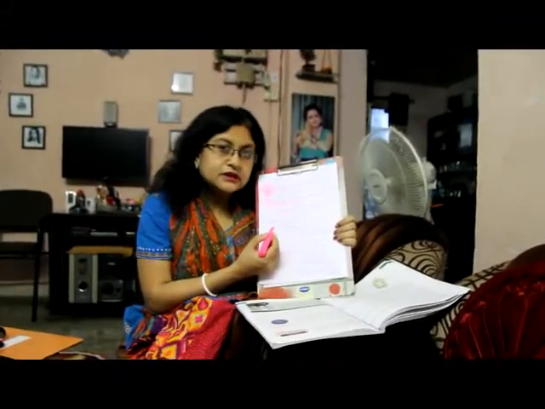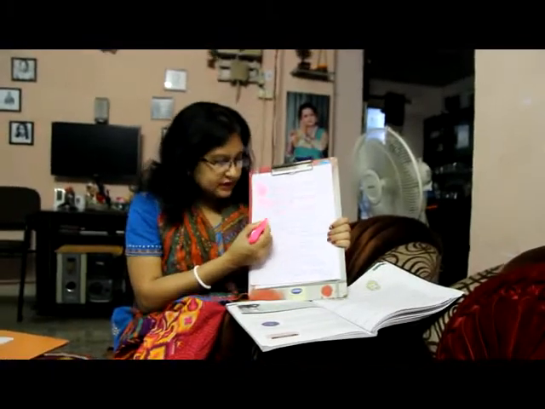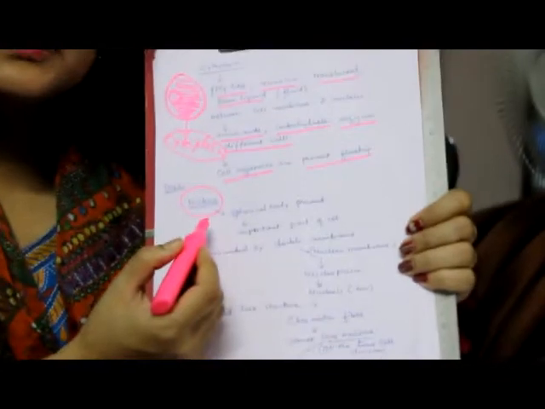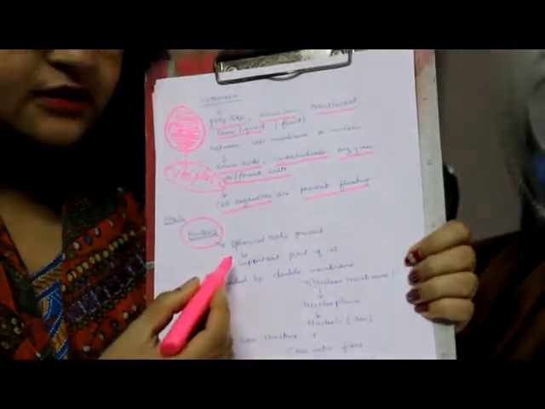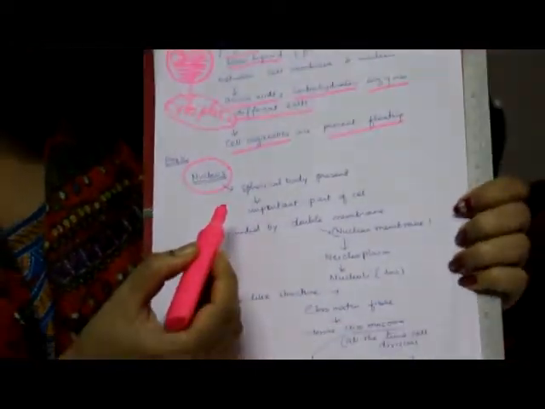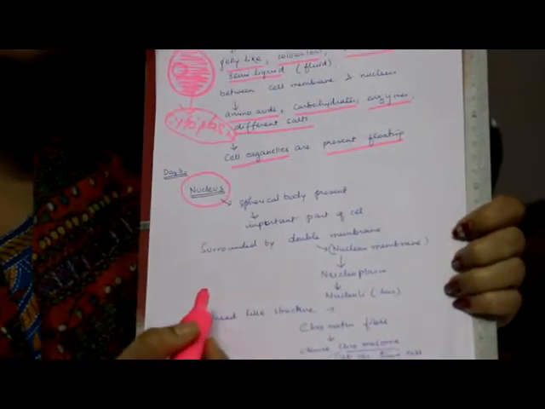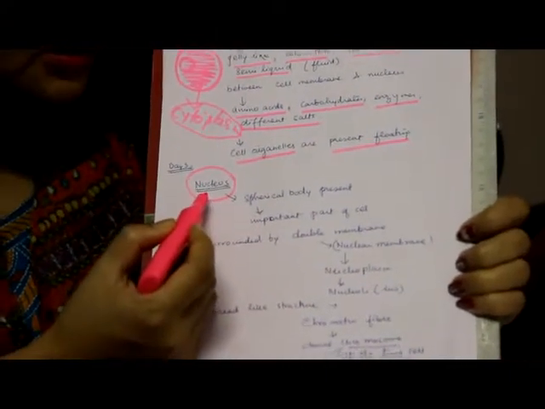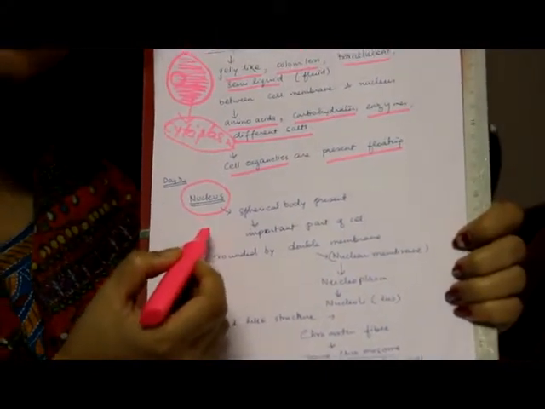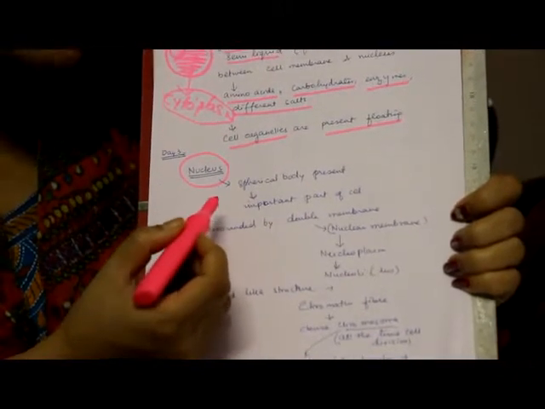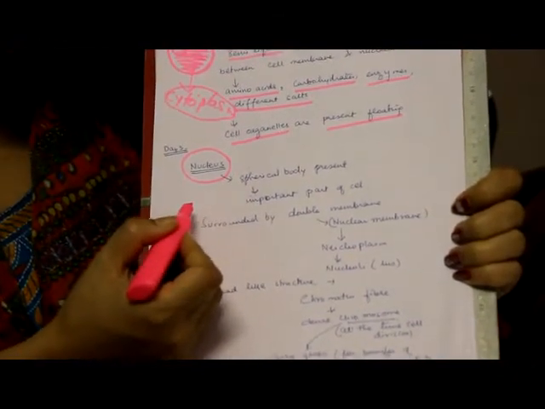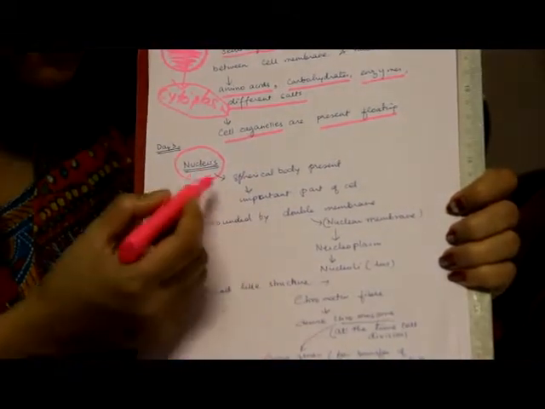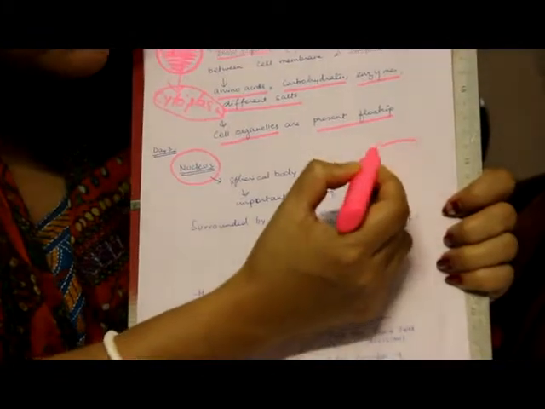So we come to the third part of the cell structure, the nucleus. This is very important. Please be careful and concentrate. If you need to listen to the video repeatedly, do so in order to have a very clear idea. The nucleus is known as the brain of the cell. The brain is the most important part of our body. Without the brain, we cannot do anything. So the nucleus is a very important part of a cell.